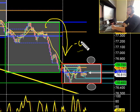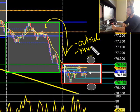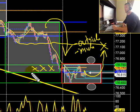So what do we notice? We were outside. We broke to the downside, so we broke below. That was an outside day. That, of course, turned inside, because what happened was the dollar went sideways, then the dollar began to rise. And the dollar is trying to test these highs up top here. So the dollar is rising again. It was an outside day to begin with, then pops back into the trading range above us, then becomes an